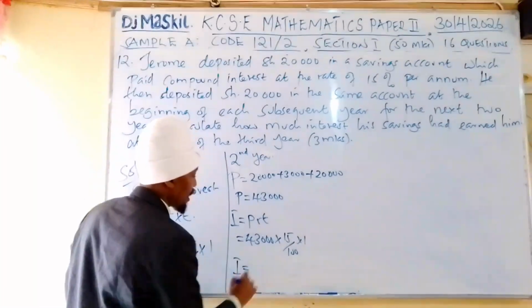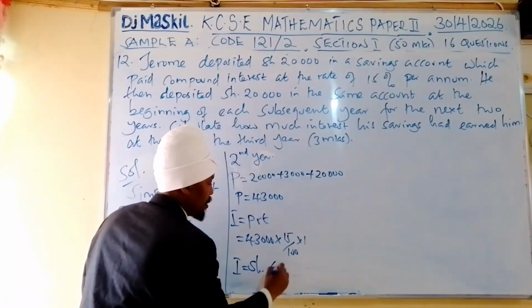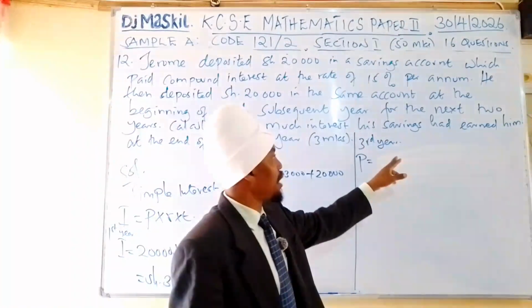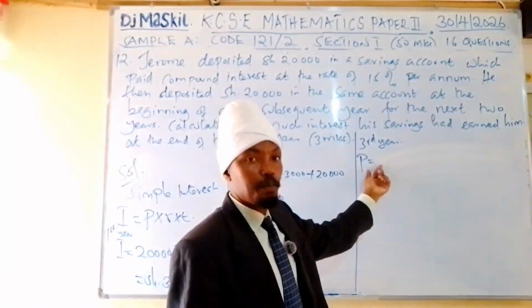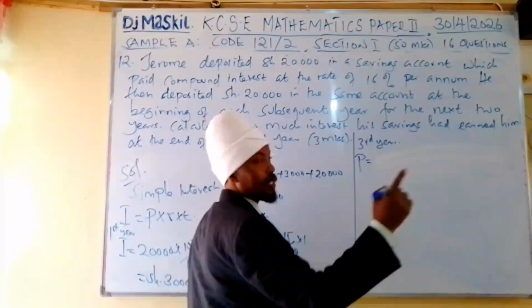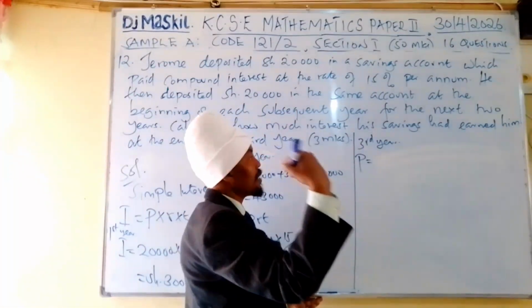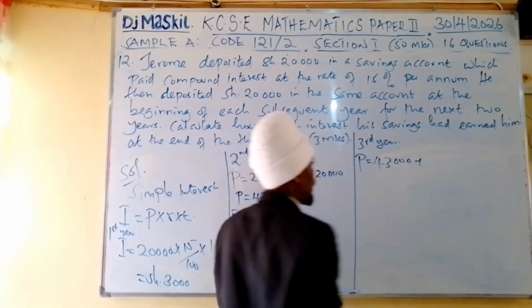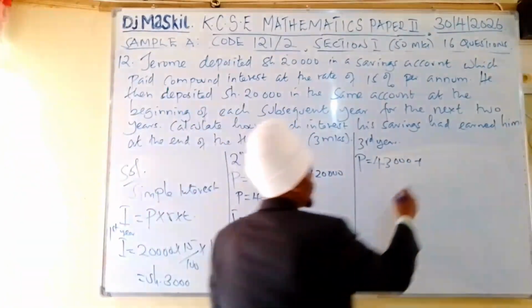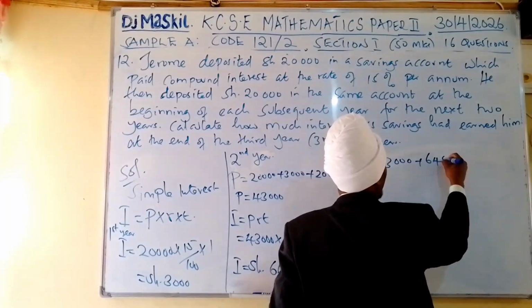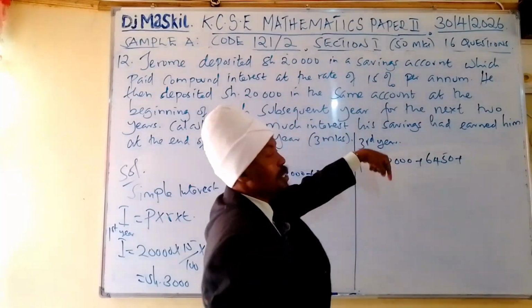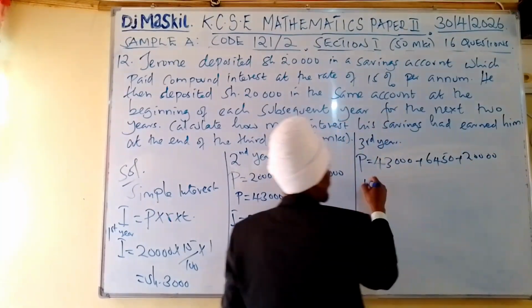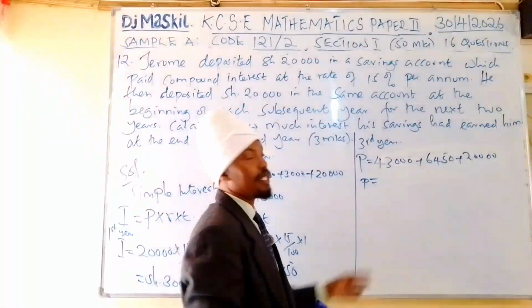Now, our interest here will be 6,450. So when it comes to the third year, our new principal will be given by the principal in the previous year, which is 43,000, plus the interest of the previous year, 6,450, plus the deposit of the third year, which was 20,000. So our principal here will be